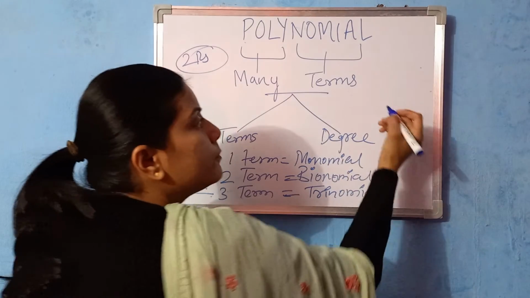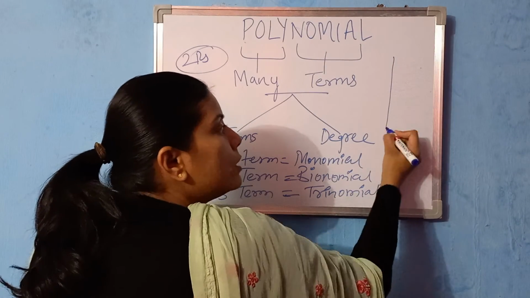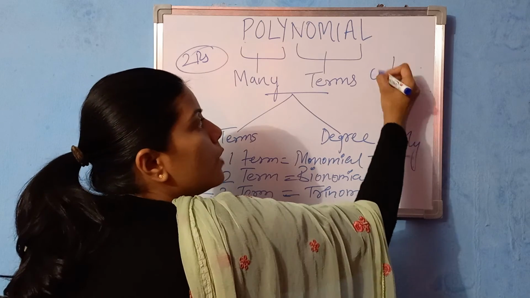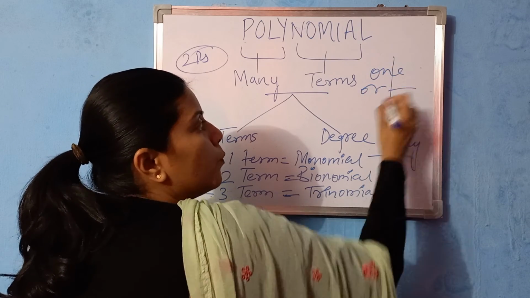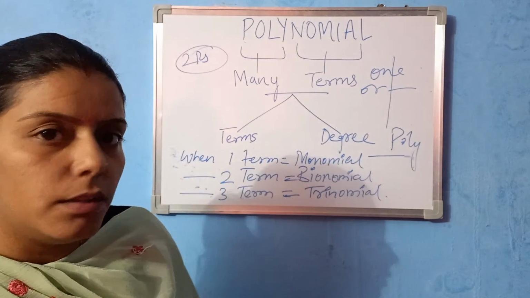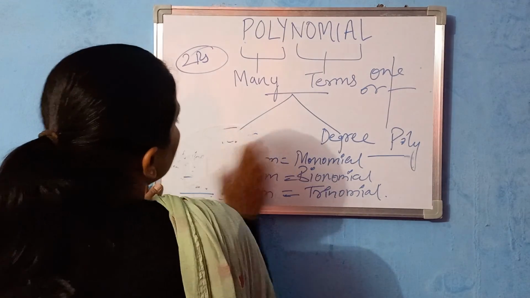But after three terms, we still call the expression a polynomial. Okay. An expression with one or more terms is called a polynomial. Okay. So on the basis of degree,